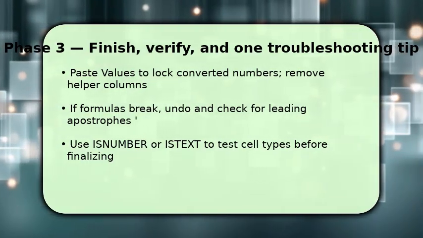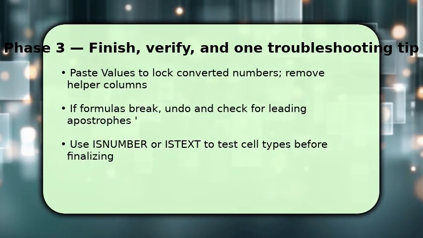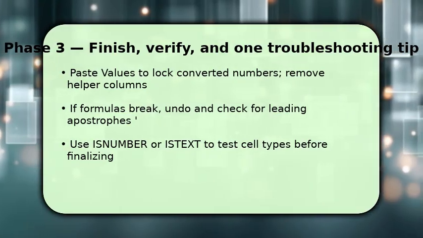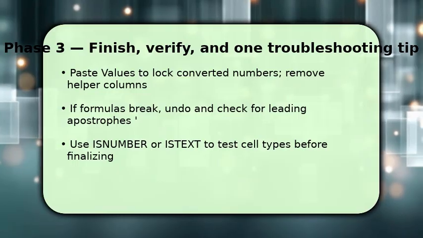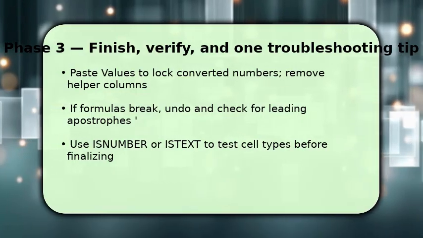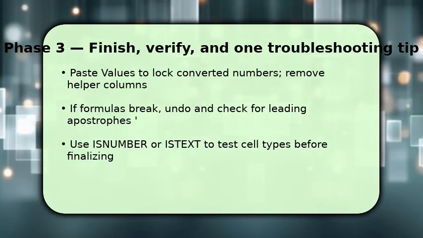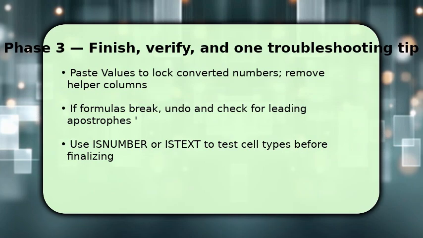If something breaks, immediately undo and inspect for leading apostrophes or invisible characters. Use LEN and CODE to diagnose hidden bytes. Make sure to run ISNUMBER on a sample to confirm numeric conversion. If you still see a plus, reopen Show Formulas and trace precedents to find